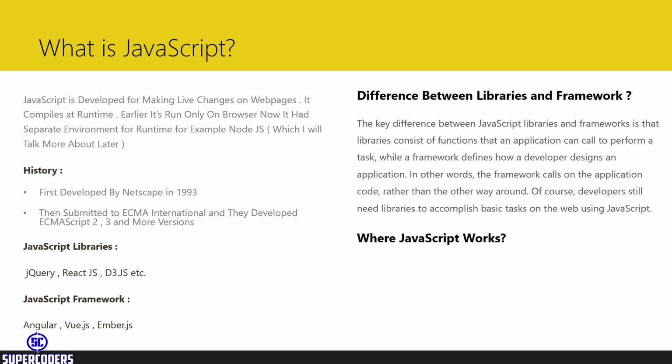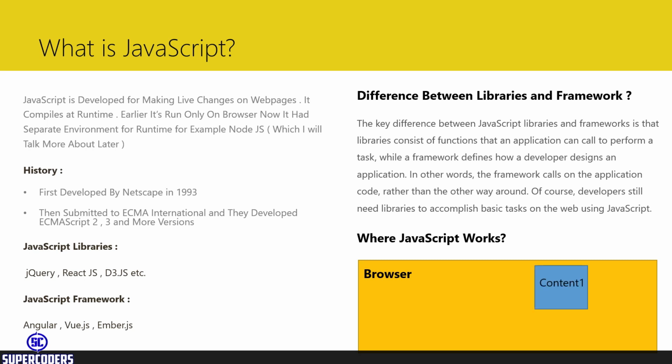Now let's see how JavaScript works. Suppose that there is a simple browser. Okay. Now let's see, a user sees a page content, like content 1, the user is seeing. Then the user clicks a button. So when the user clicks on the button, JavaScript does one thing. It fetches data from the server and shows the data in our page without a page refresh. So this is a simple example of JavaScript for now.